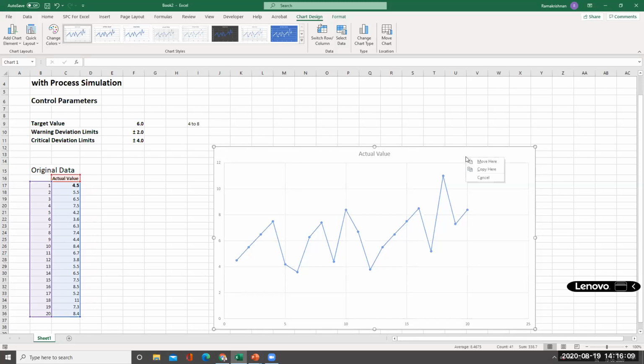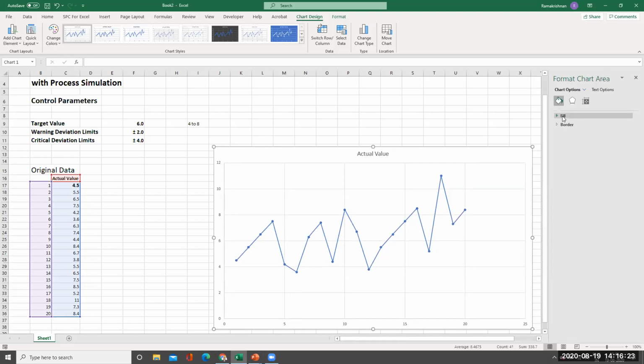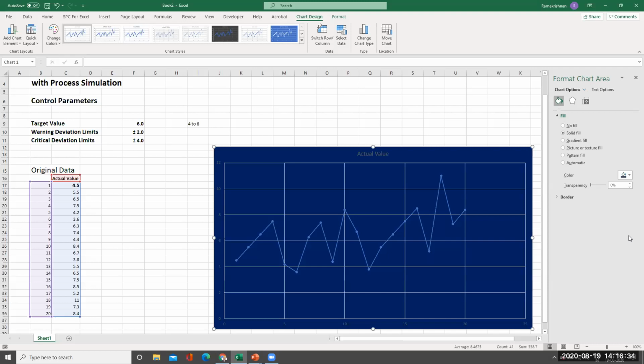Now I'll decorate this now. So I'll have to go to the corner. If you click the corner only, I will have to again once more, since I'm not getting it now here. Yes. Now I got it here. So chart area. I'll just select this fill. See, bucket is clicked, and then I will fill solid fill, and then I'll fill it with dark blue. So filter. That is complete now. Then what I will do is I will select this.